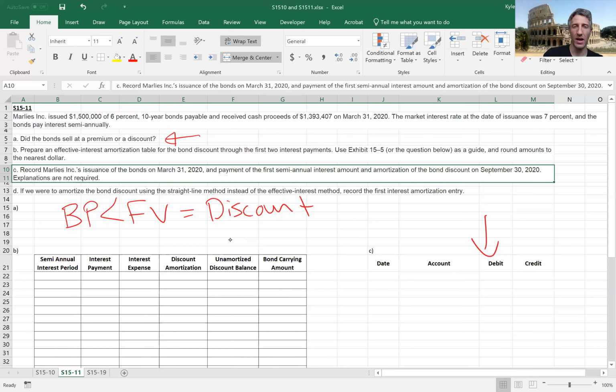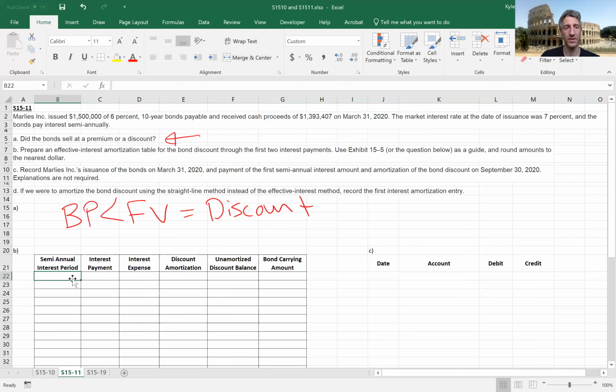So I think I'm going to do the journal entries first, and then post those journal entries to the amortization table. However, despite that, I think maybe it's beneficial just to put in our beginning balance into the amortization table before we do the journal entries. So on the table, what it's asking us in this first line is, well, on issuance, what is the bond carrying value? Well, I know they issued the bond on March 31st, 2020, and they received cash proceeds of